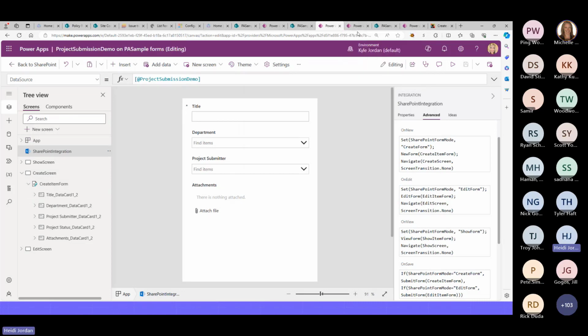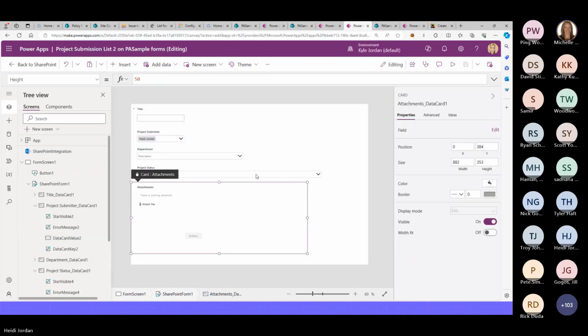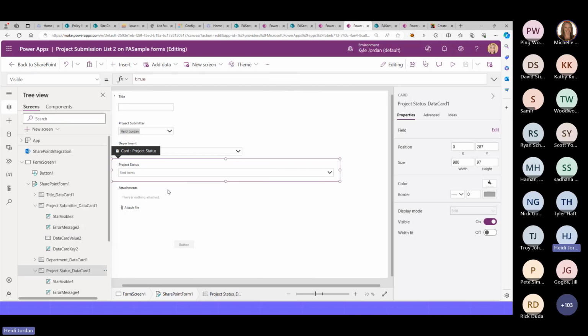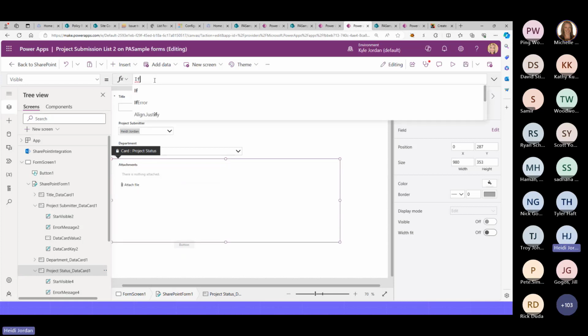As some of you might already be thinking, if I have a whole bunch of fields, this is a pain. I don't want to create 3 screens for every single app I have and then try and maintain all that. So there's a different method that you can use. If we look at this example, same project submission form, but if I want to hide this project status when the form is new, there is actually a property for that. So on the visible, I'm just going to put if